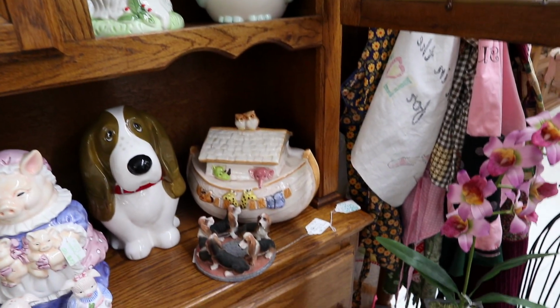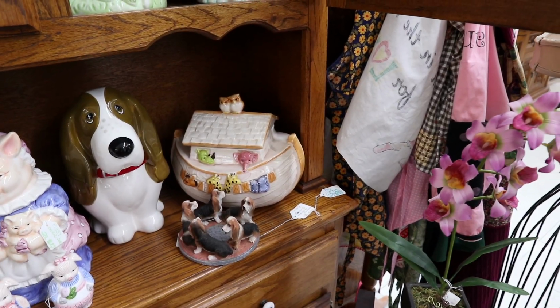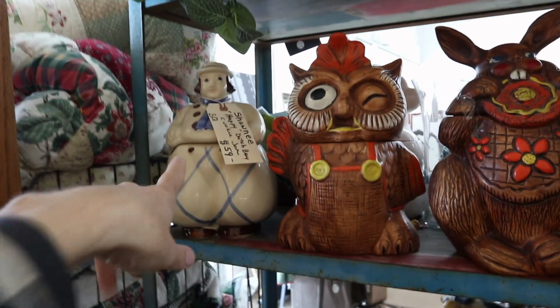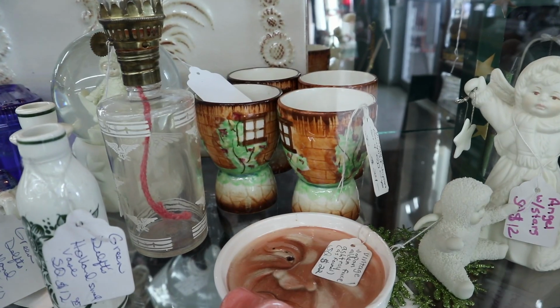Now this one is real. This is Treasure Craft, the Noah's Ark on the right-hand side there. One of their more famous pieces from the 1970s, and this one's priced at $45. Here's another row of old cookie jars. Shawnee, the Dutch boy here. These are California originals. When you see this orange paint, we see the cottage where